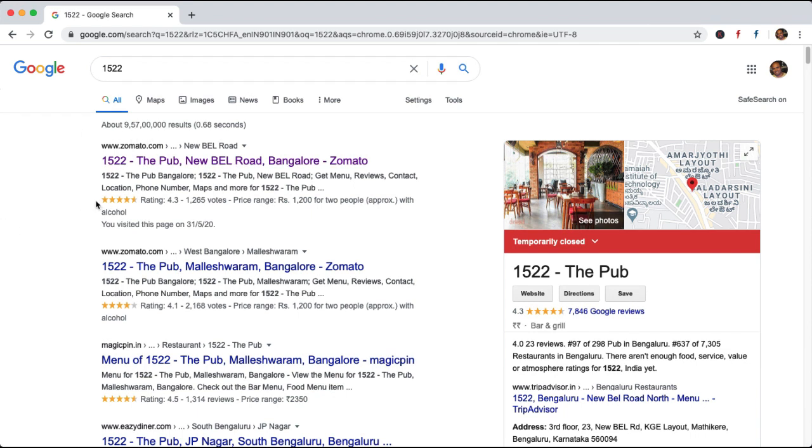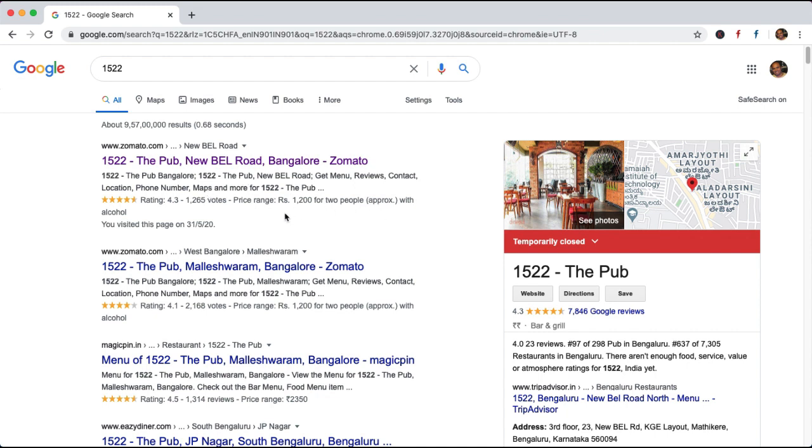You can see the rich snippet here with a rating, plus the number of votes for this rating. There is also a price range and what they serve. So these are the rich snippets.